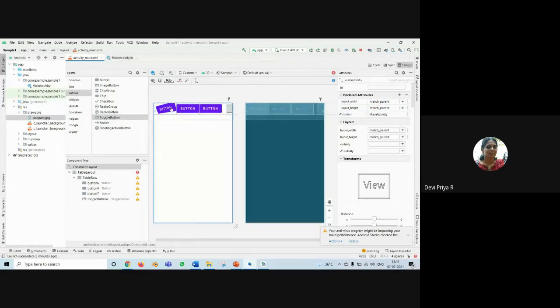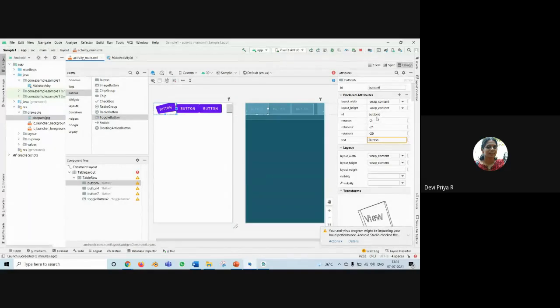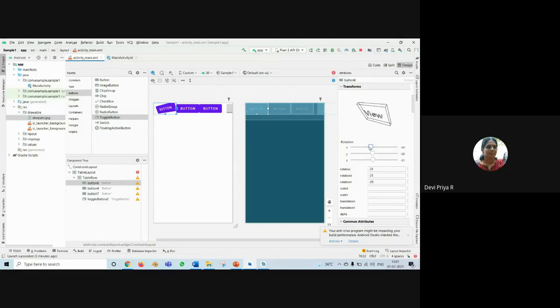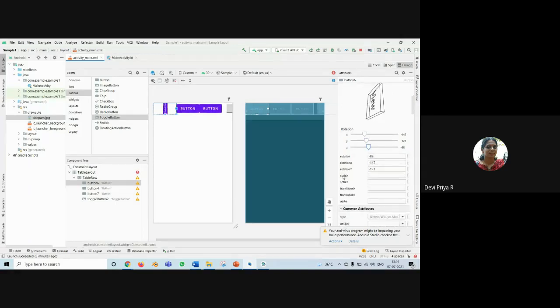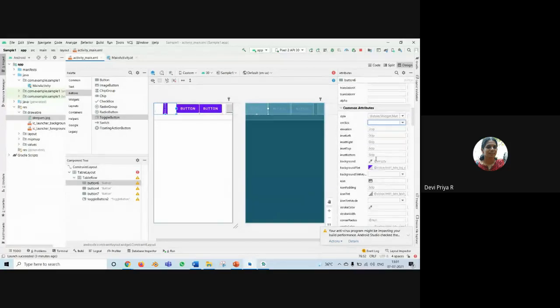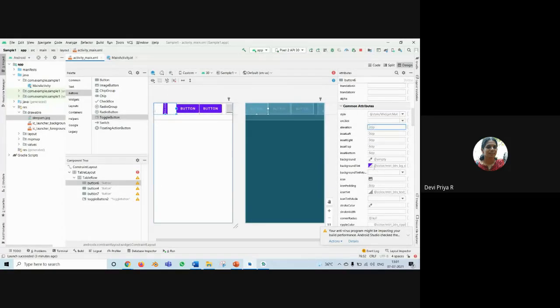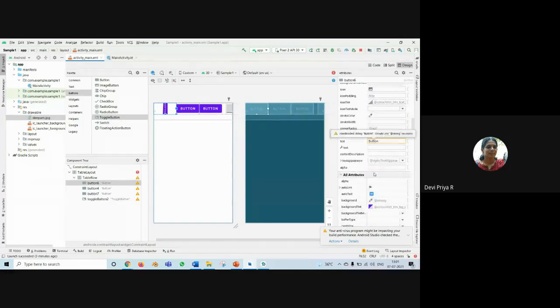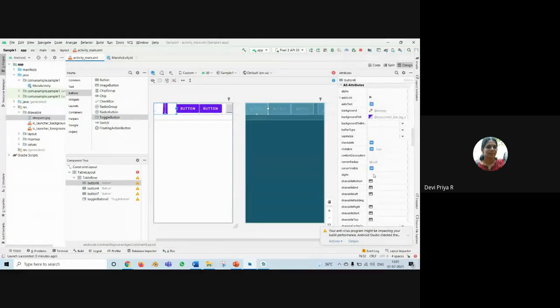And now if you want to change this rotation, we have done the rotation, so this is being displayed here. And scale represents the size, so again, this size can be increased. And the on click event we have not covered since we have only limited time. That means when you click on this button, what should happen? So we have to write code. Okay, so that can be given, and in the elevation, background properties, there are so many properties. You can explore one by one.